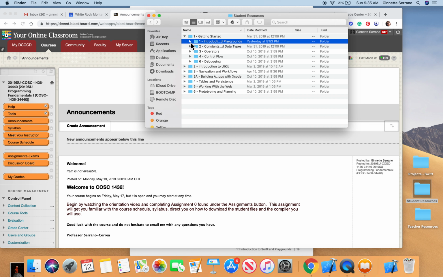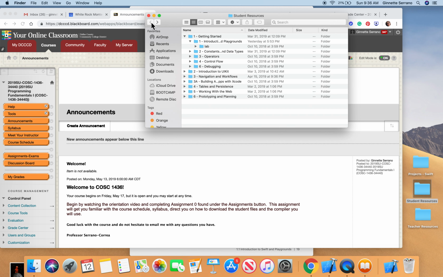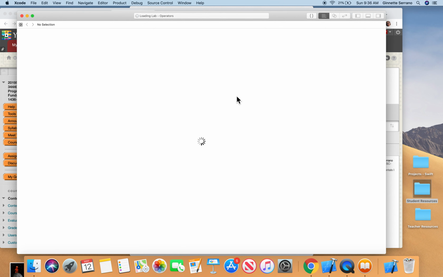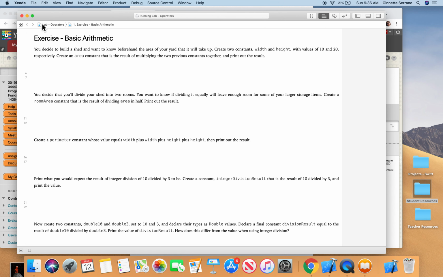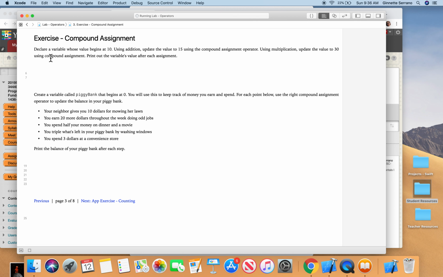So unit 1, this is 1.1.3. This is the lab. This is what the lab looks like. See up here, it says lab operations. That's the name of the lab. And then these are the exercises. So let's say you're working on exercise 3. Then take a screenshot of this. Let's say that you don't know how to do this at all, this very first one. Take a screenshot of this and send me the screenshot,